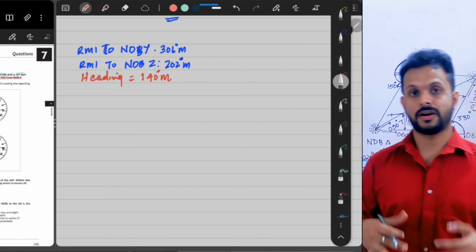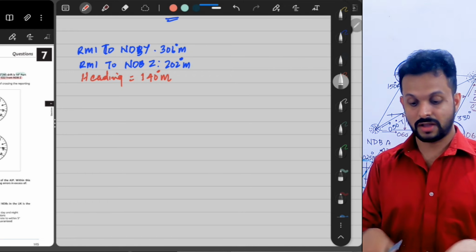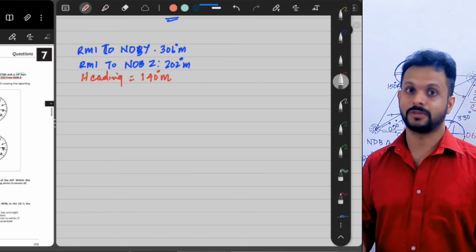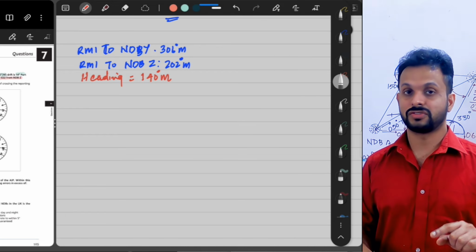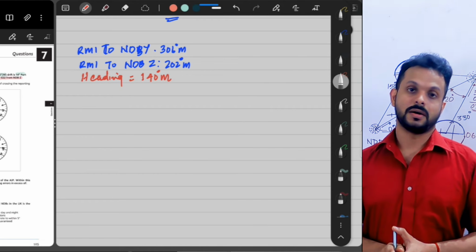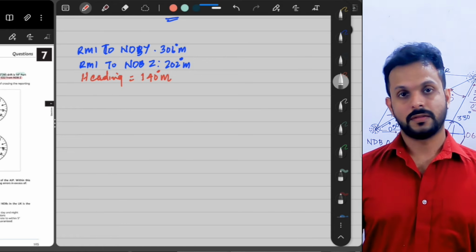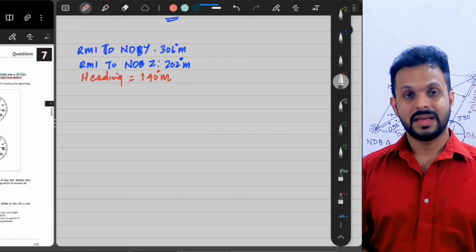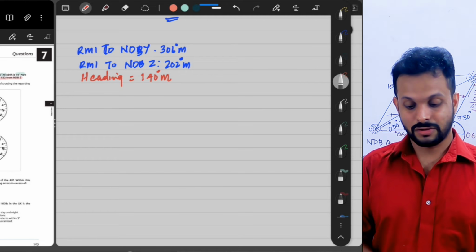If we can identify an RMI indication from the options which depicts all these three values appropriately, that is going to be the answer. Be very careful, not just one, all three have to be satisfied for an option to be the answer. All right, before we pick the answer, let's now draw a dial that would depict